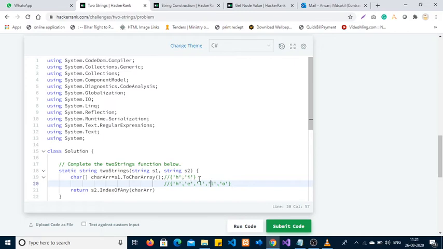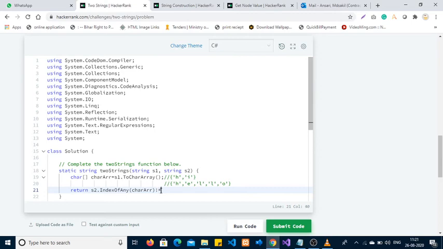Let's suppose we have the first string hi, and the second is hello. I am checking in s2 with indexOfAny, which means the character array has two elements, so I am checking for h and also i. If any is present in the string s2, it will return the index. For this case it will return 0 because h is present at index 0. If it is not, then it will return -1.